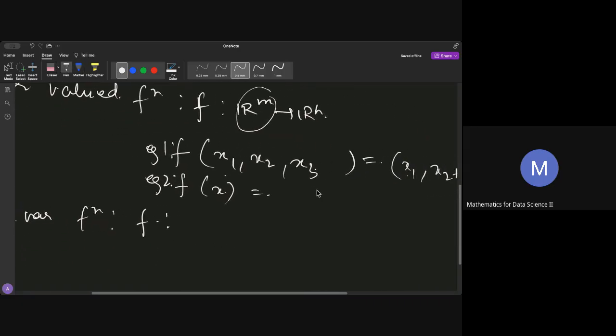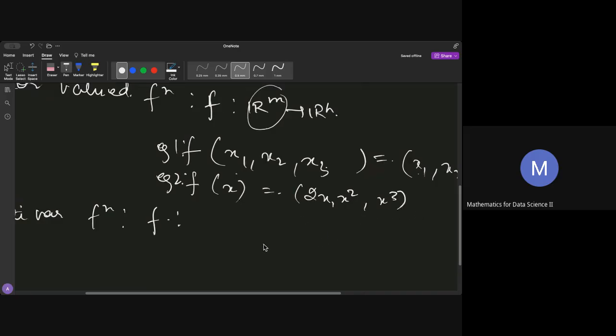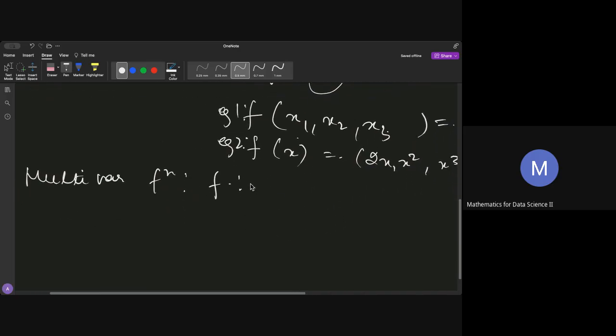Then you can also have something like this, where you take f of x, and here you'll have 2x, x square, and x cube. This is also a vector valued function. Then we're having multivariable functions where you have more than one variable involved. That means your function is, because it's multivariable, we're assuming that the number of variables is more than one, right? So it will be, let's say, from Rn, where n is strictly greater than 1, to